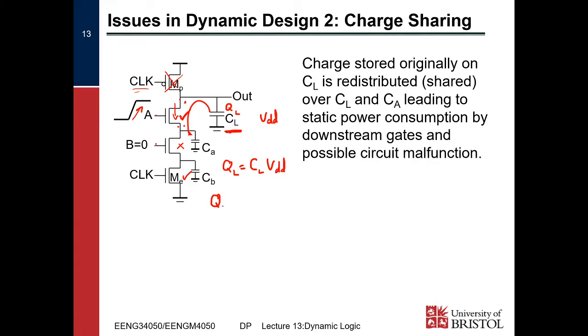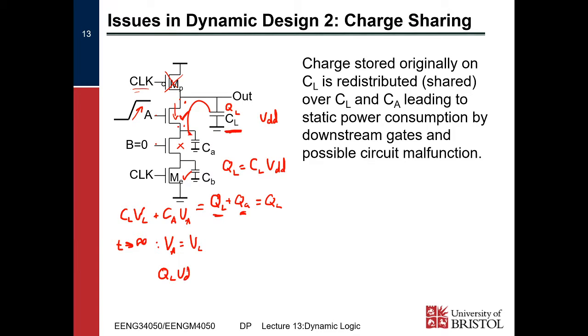After, we've got QL plus QA, so the charge in L and the charge in A, which must be equal to QL, but that is equal to CL VL, so that's the voltage across L times the capacitance of L, plus the capacitance of A times the voltage across A. After some time, so t tends to infinity, obviously it doesn't need to get all the way there, it can just be some largish amount of time, VA becomes VL, they equalize, and therefore we see that